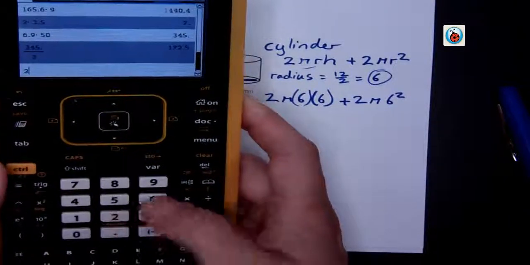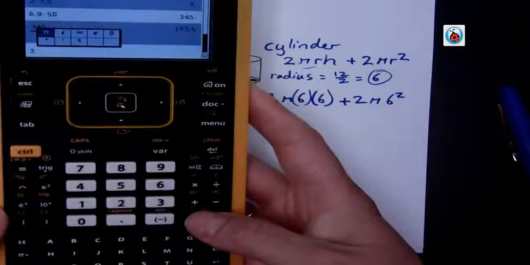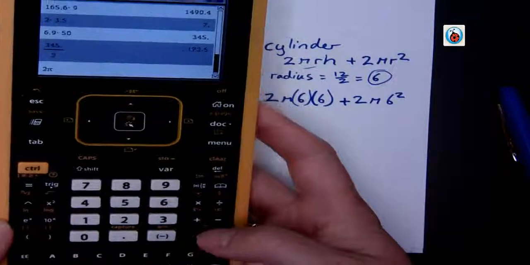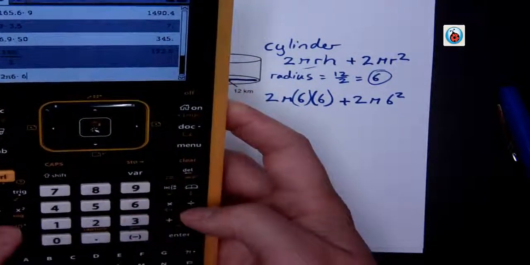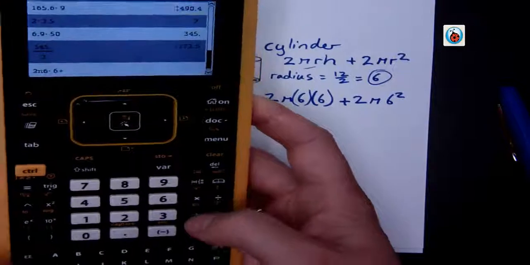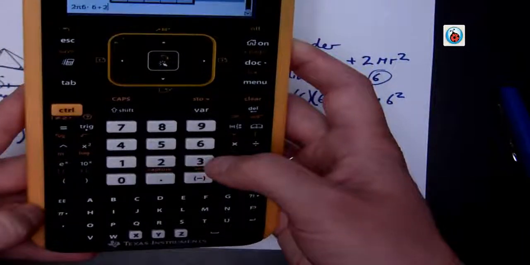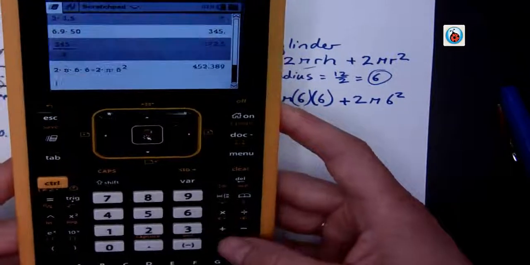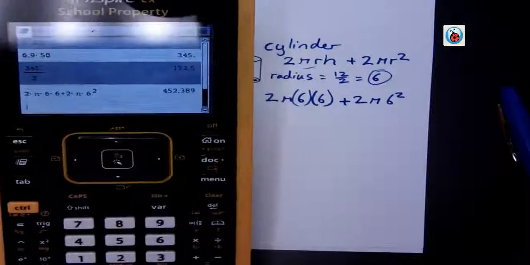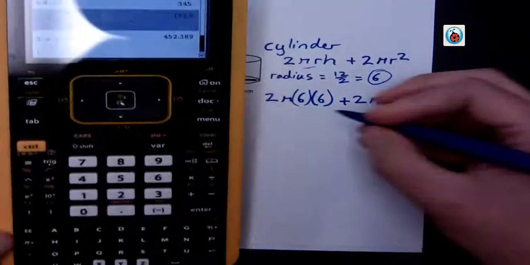So 2 pi is the button down here. I select enter. So 2 pi 6 times 6 plus 2 pi 6 squared. I enter it and get